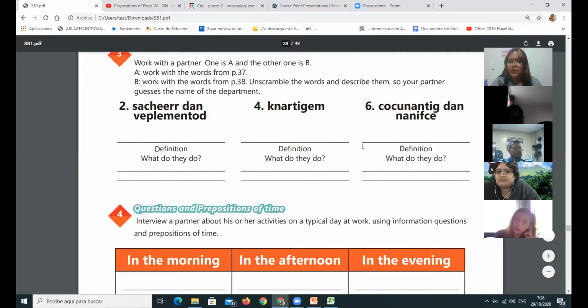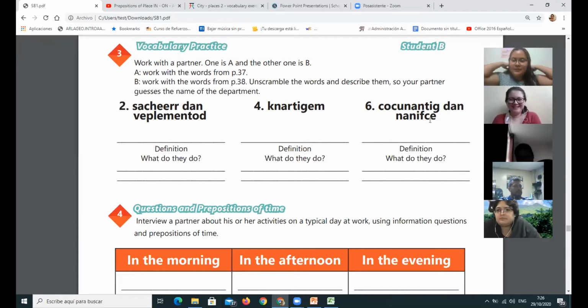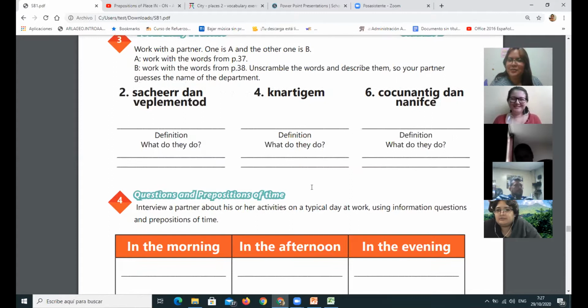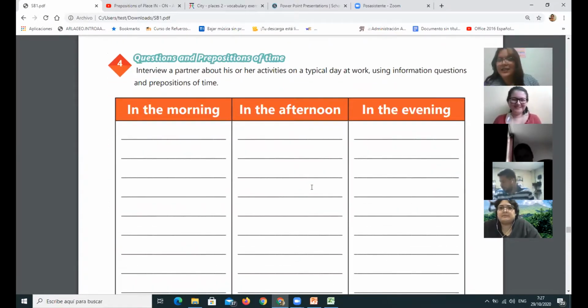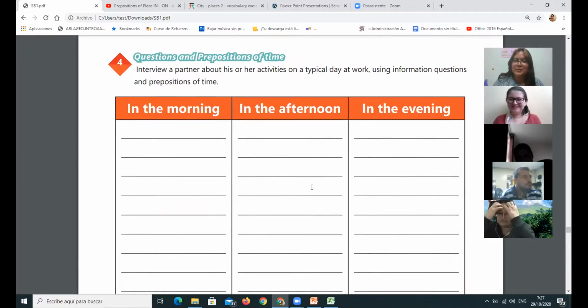What is one activity for the marketing department? Make publicity. Okay, make publicity, that's right. And accounting and finance? Accounting reports. Reports? Accounting report. Yes, accounting report. Yes, yes. Financial reports. Yes. All kind of reports about numbers.